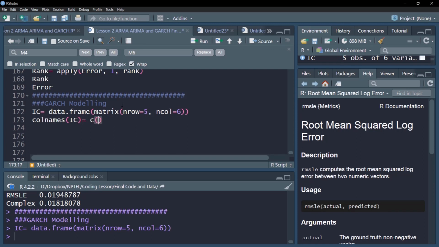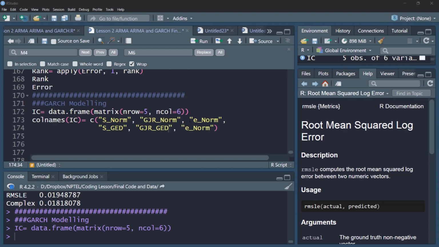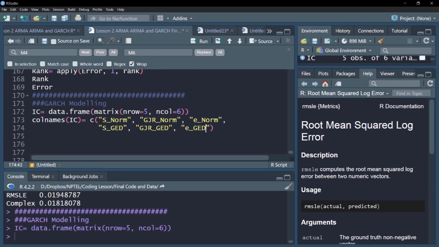So first we have standard GARCH with normal distribution. We'll assume the normal distribution. Then we'll have GJR-GARCH with normal distribution. Then we'll have EGARCH, exponential GARCH, again a very powerful model, with normal distribution assumption. Similarly, we will change the distribution to generalized error distribution, which is a more realistic assumption. So the same set of models: standard GARCH with generalized error distribution, GJR-GARCH with generalized error distribution, and exponential GARCH with generalized error distribution. So these are the three